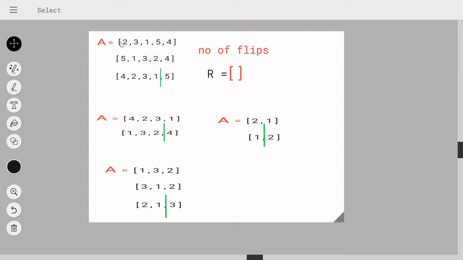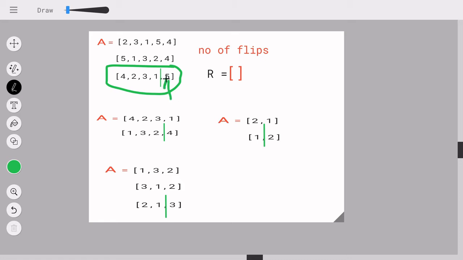So this is the array. I know for a fact that I need to get my 5 over here. I cannot directly go, so I'll take my 5 over here. So what is the possible flip that I'm doing? I'm only performing a flip for these elements, 2315, and I'm not at all touching 4, because I need to get my 5 in the 0th location. Is that understood? So I flipped the array and I got it in the 0th location. Now I need to flip the entire array, and that's how I get my 5 in the last position. This is the approach that I'll follow.